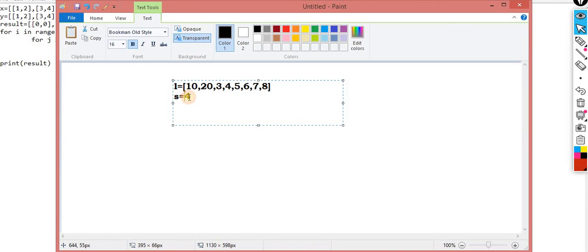Okay, the next is the 1. Index of 1 and this 4, are both equal? No, these are not equal. Index of 2 and 4 equal? No, these are not equal. Index of 3 and this 4 equal? Yes, this is equal. Now I have to display the message on the screen: on this index your value is present.